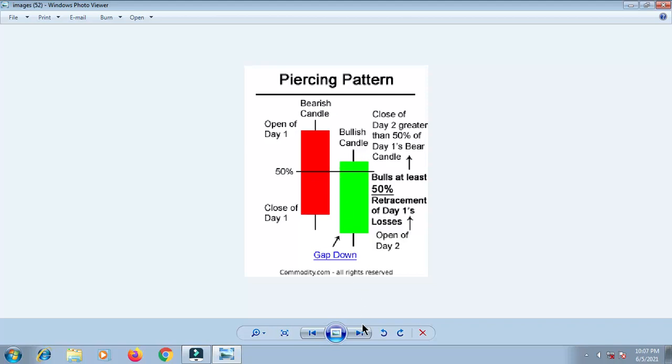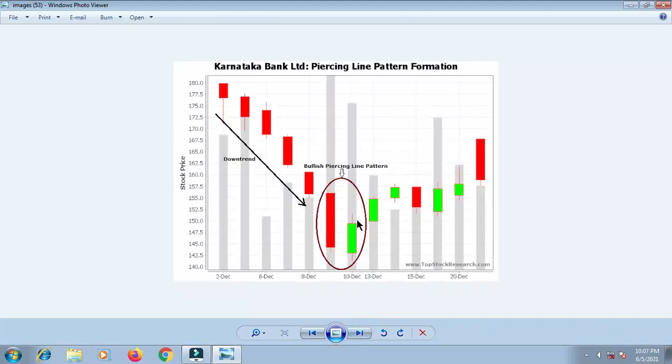So the way to trade is the same. Two candles are there. The second candle is the breakout candle, so we have to trade above this candle and keep the target 2 times, and the bottom will be the stop loss. The same way is the dark cloud cover, which is the opposite of the